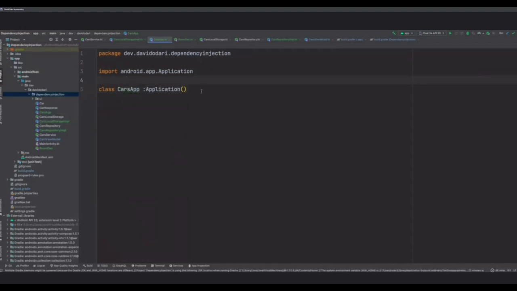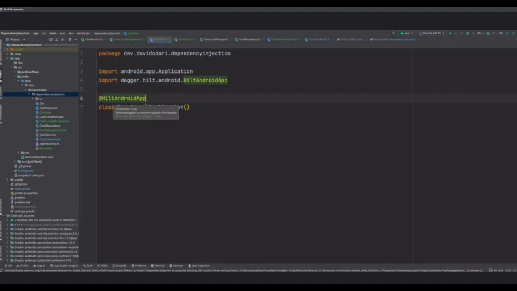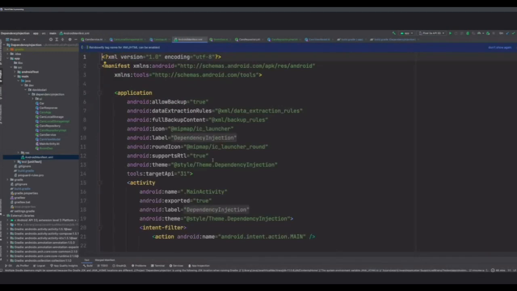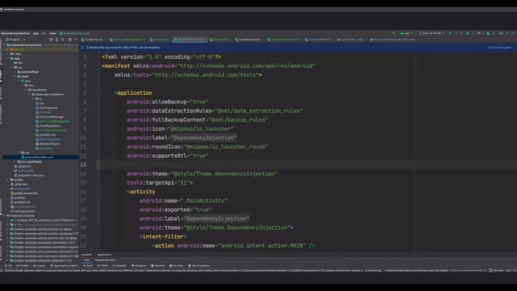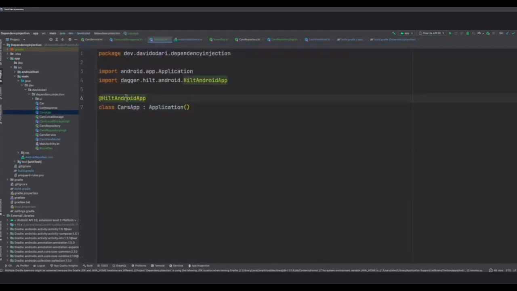So CarsApplication, and what you need to do is come here and say Hilt Android app, and that's it. Also, because we've decided to extend the application class, we need to register it in our manifest, to say that the application creation is coming from this.